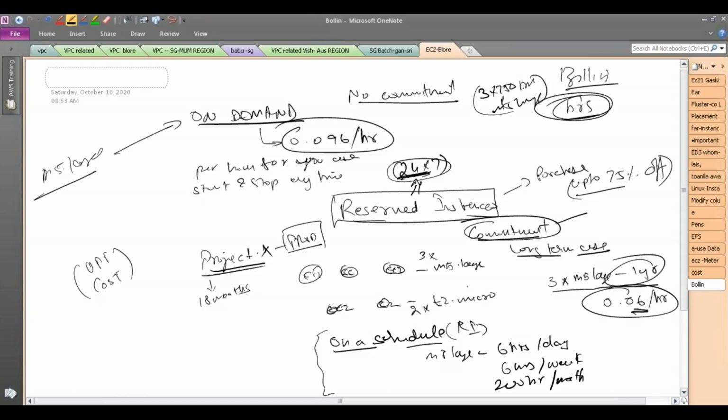You have to check that, right? Scheduled RI gives you more flexibility, but still you give some commitment. If you say you are going to use it for 6 hours a day, whether you use it or not, you have to pay for that, right? It is just a smaller commitment. You get a lower discount,